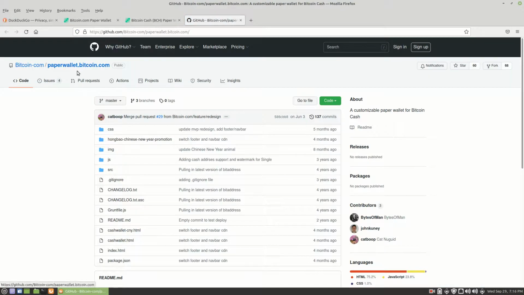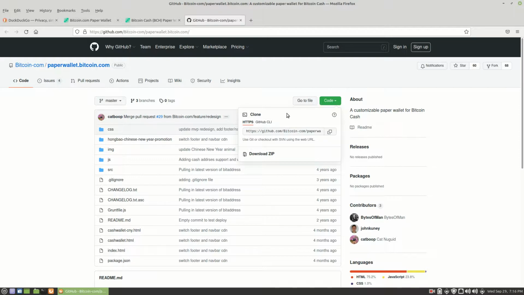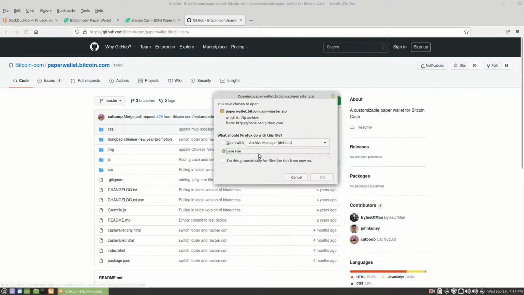and it's going to take you to this page, which is their GitHub online account, or their GitHub site. Okay, and from here what we're going to do is we're going to download the bitcoinCash paper wallet generator. All right, and so what you do is you come over here, you'll see this green button right here. Just left click on it, and then you can either copy the address and download it on another page, or what I'm going to do is just download the zip file. Just left click on it,